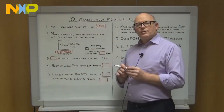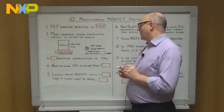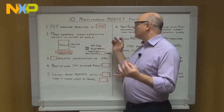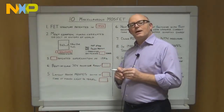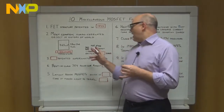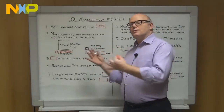The devices that we're more interested in talking about today, however, are what we call power MOSFETs, and these are on a much larger device. So if we look at the NXP D2 pack as an example, where you might have a piece of silicon inside a D2 pack that's maybe 30 square millimeters, and in there we've just got a single transistor,